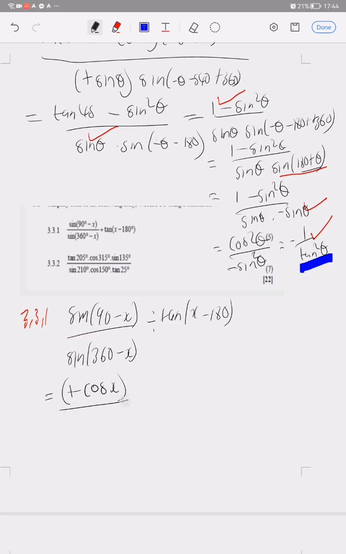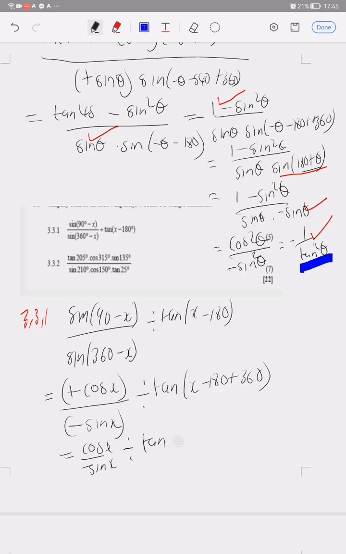All right, over 360 minus x, which is in the fourth quadrant, and the sign is negative, so it's going to be negative sine x, divided by tan of, remember this is a negative angle, what do we do? We add 360. So in simple terms, I'm having cos x over negative sine x divided by